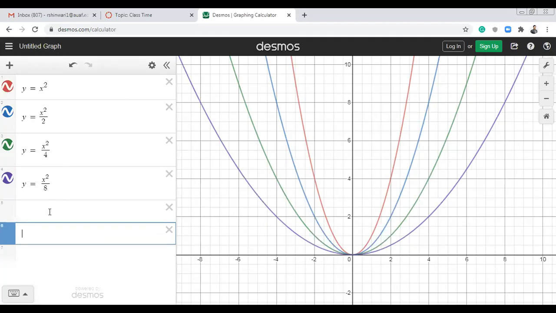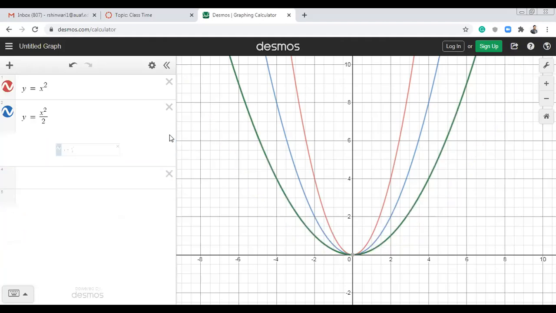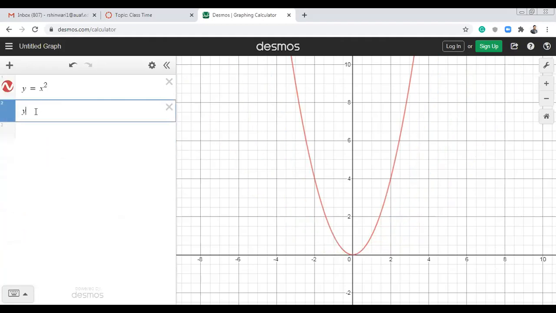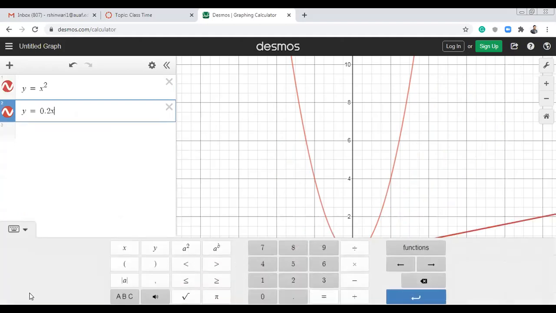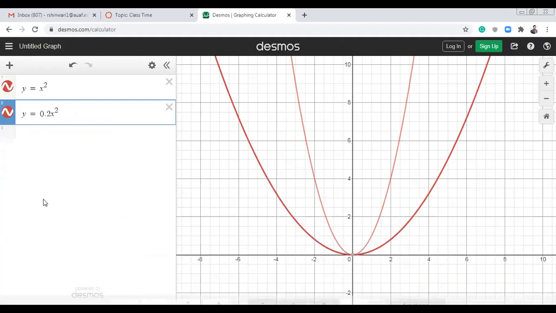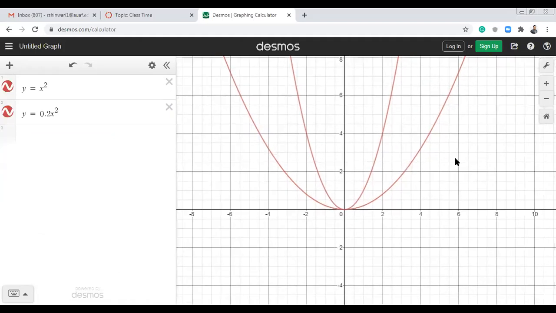X square divided by a decimal number, y is equal to, let me finish this one. If you multiply with a decimal number like 0.2 into x square, both are the same. Decimal value or division, both are the same. This graph will expand. Now if we multiply with a negative number, what will happen, guys? Think about it. If we multiply or divide with a negative number,